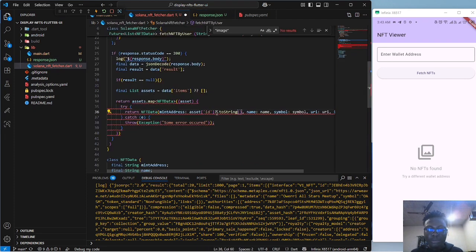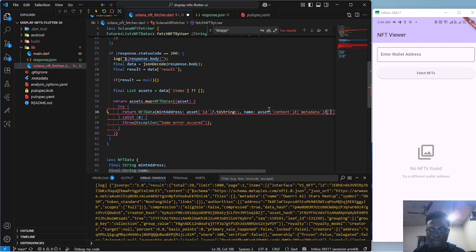The same pattern. No, not ID, content first, then here we're going to pick metadata, then here we're going to pick name,